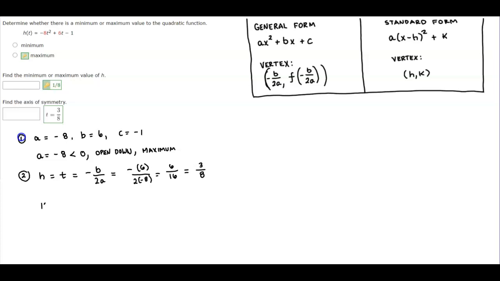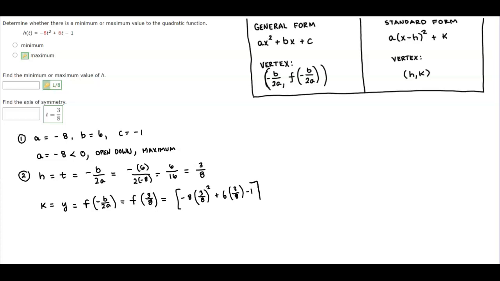Now we're going to find the value of k, which is going to be our y value, or h, but we'll just call it y, which is f of negative b over 2a. So that becomes f of 3/8, and we're going to plug that into the function. So plugging it into the function, we have negative 8 times 3/8 squared plus 6 times 3/8